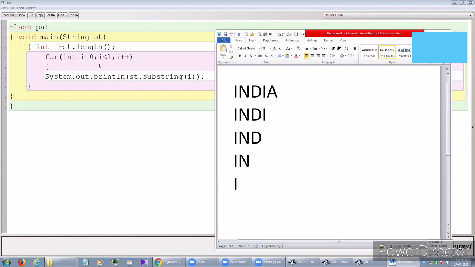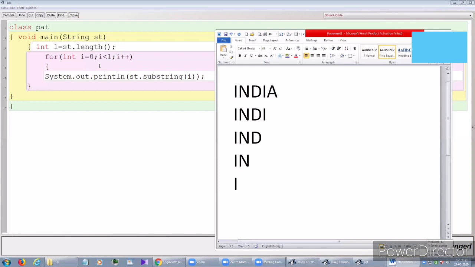India fully we need to print, and if you see the pattern, the first letter is fixed there. That means we need to start from the 0th index continuously, and if we are able to reduce the length part, that is how we can get India. To get India, we need to give 0 comma L. To get INDIA, we need to give 0 comma L minus 1. Then L minus 2. Like this we have to do.